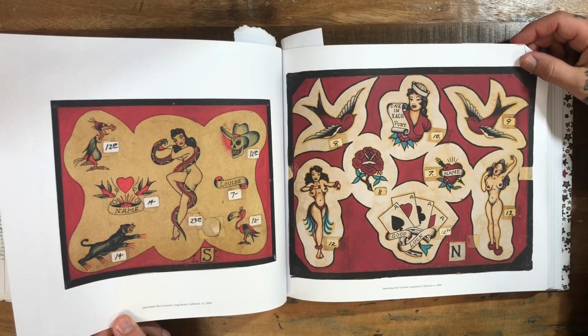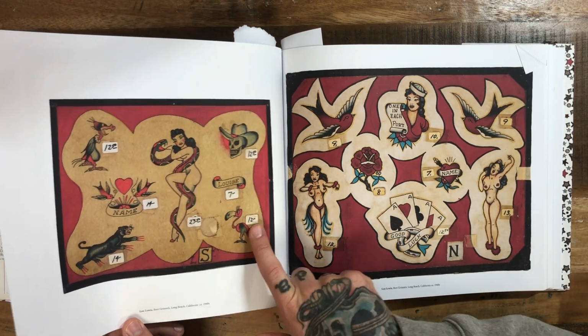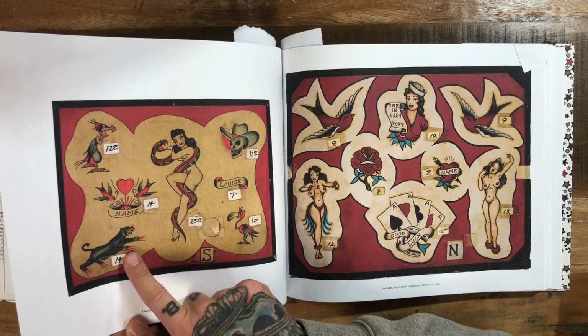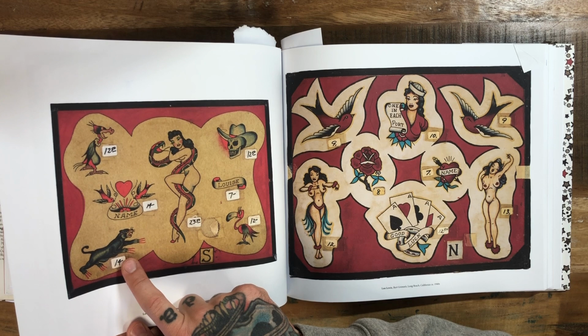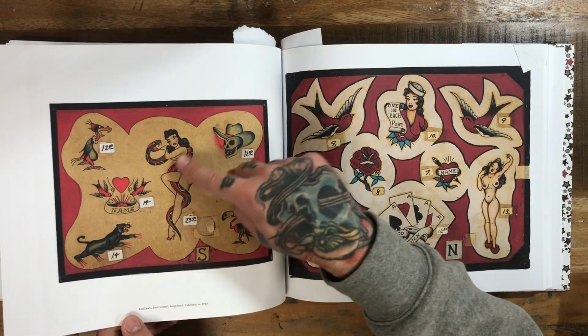Lou Lewis, Burt Grimm's, Long Beach, California, 1940s. The colors on this are so cool for the 1940s. They're just like fluorescent. That panther is just like perfect. I love it. The shading on it is simple yet really dynamic. This little flamingo is kind of fun, and the snake and this pinup here are just